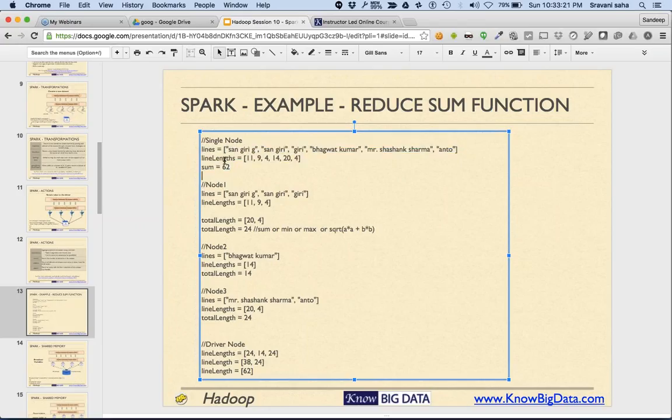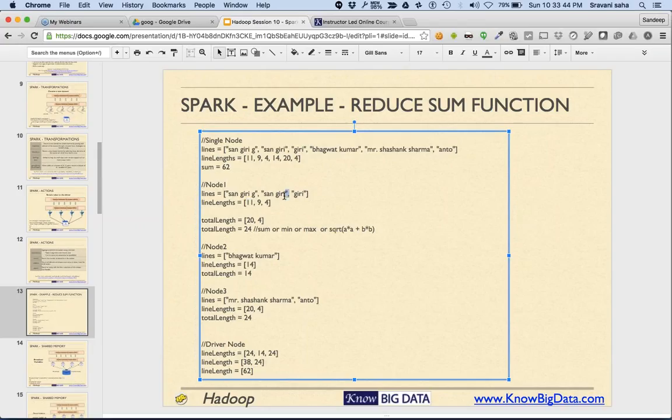Now, this was happening on a single node. Let's say the same thing has to be done on multiple nodes in parallel. Let's say the same array is distributed on 3 nodes.